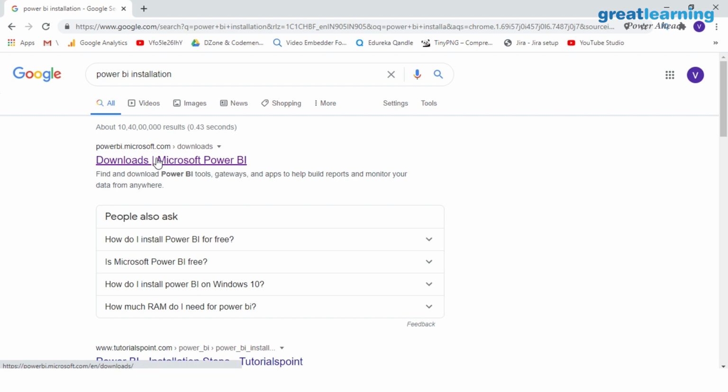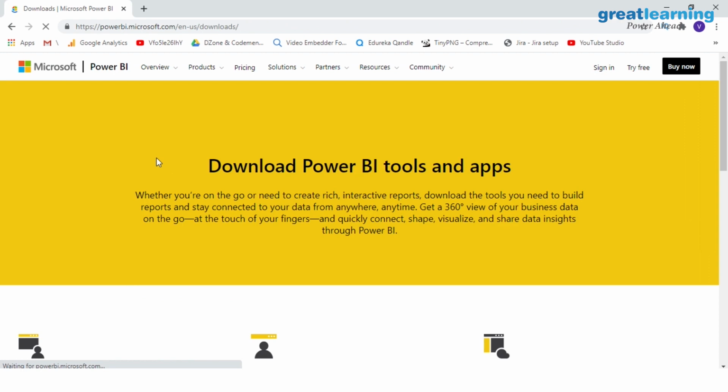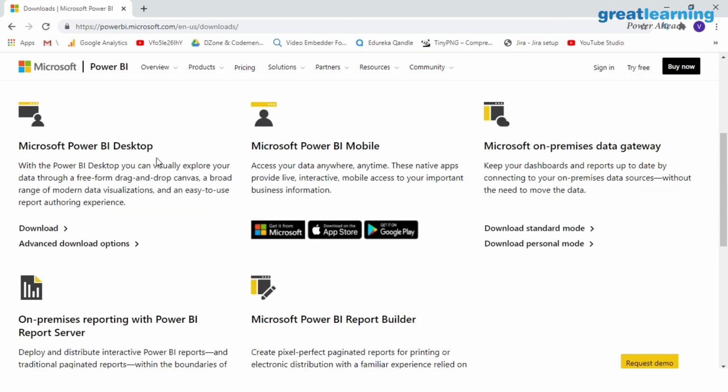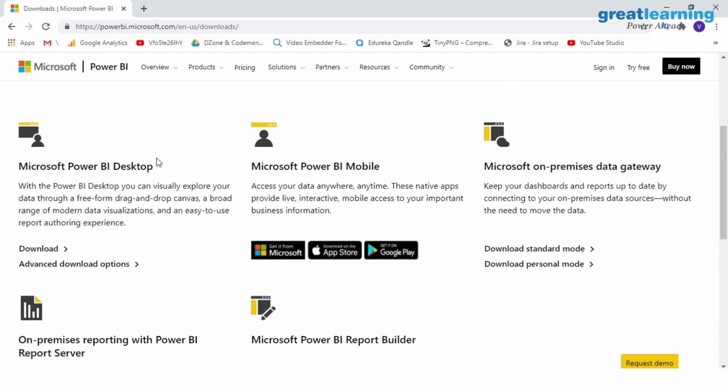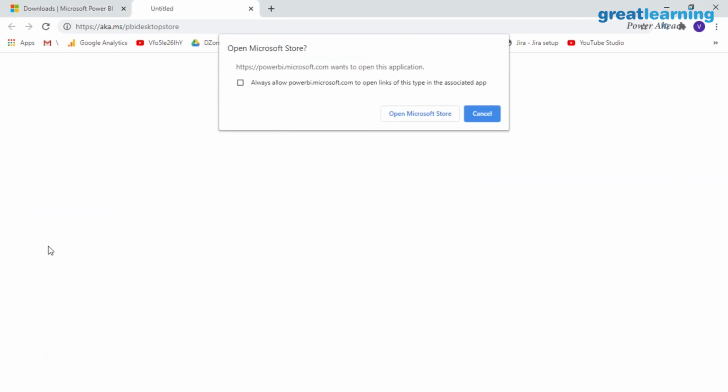When you click on the downloads panel, you can see that you can download different Power BI tools: Power BI Desktop, Power BI Mobile, the ones that we discussed, and on-premise servers. You should go ahead and download your Power BI Desktop version.